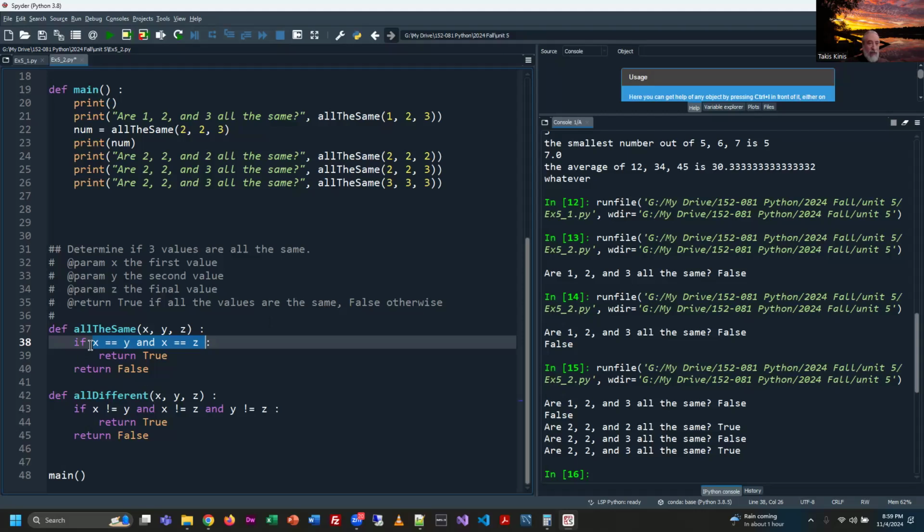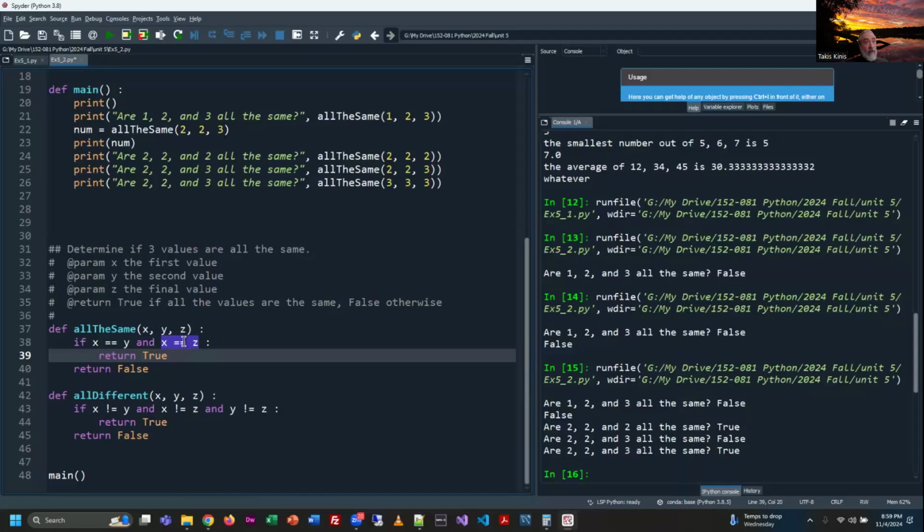Because if the first two are set to be the same, and the second two are set to be the same, well, that means that Y and Z are also the same. The logic is actually adding that Y equals Z here. So I couldn't just negate it because it's leaving out the scenario of checking Y and Z. That's the problem, right? That's a good